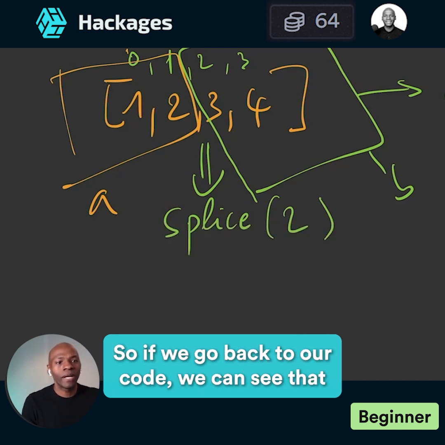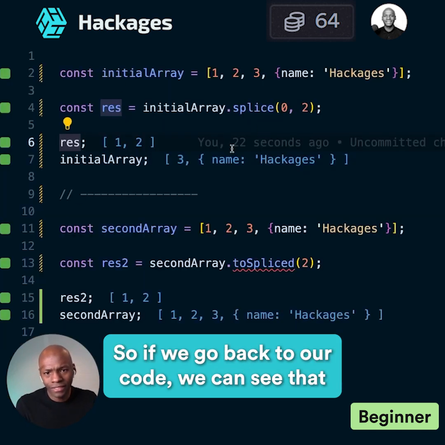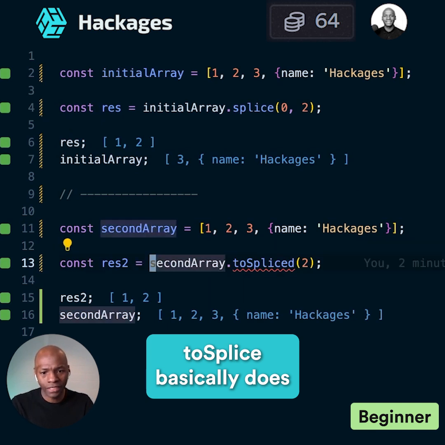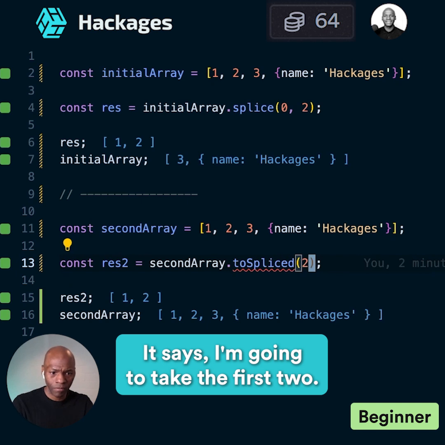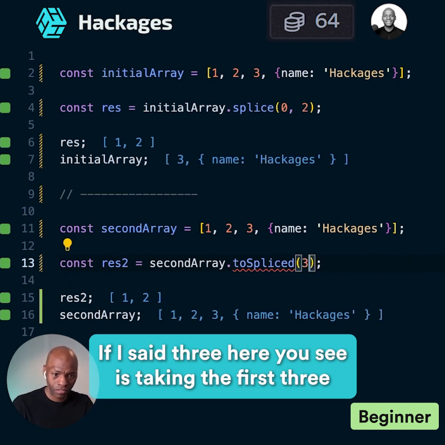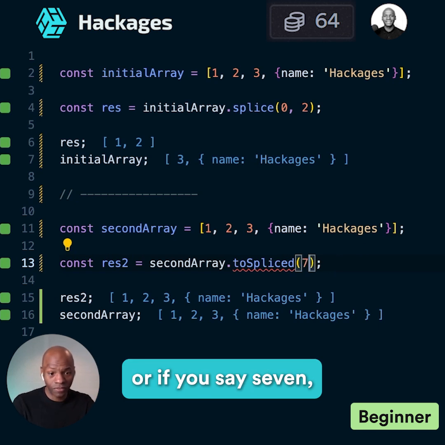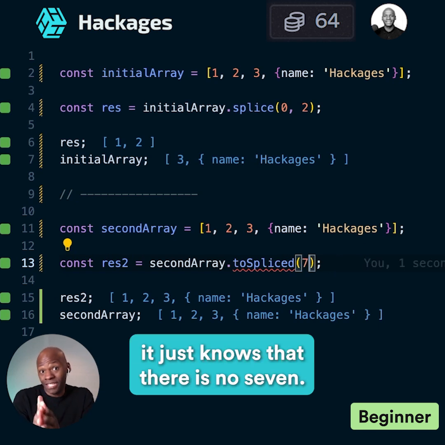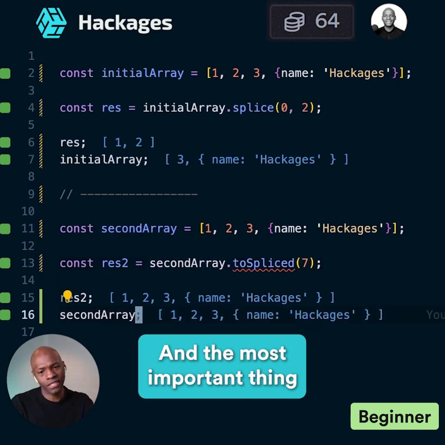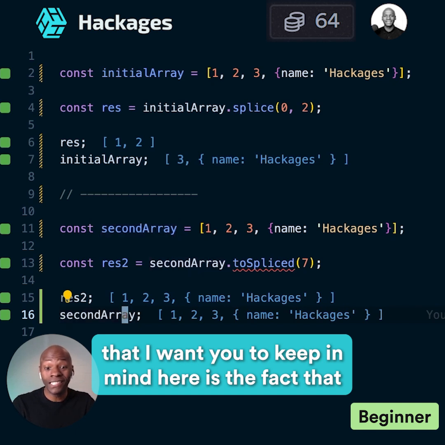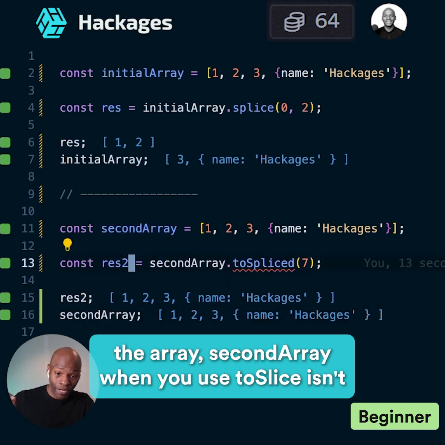So if we go back to our code, we can see that toSplice basically does that in a different way. It says, hey, I'm gonna take the first 2. If I say 3 here, you see it's taking the first 3. Or if you say 7, it just knows, hey, there is no 7. It just gives you the entire array right there. And the most important thing that I want you to keep in mind here is the fact that the second array, when you use toSplice,